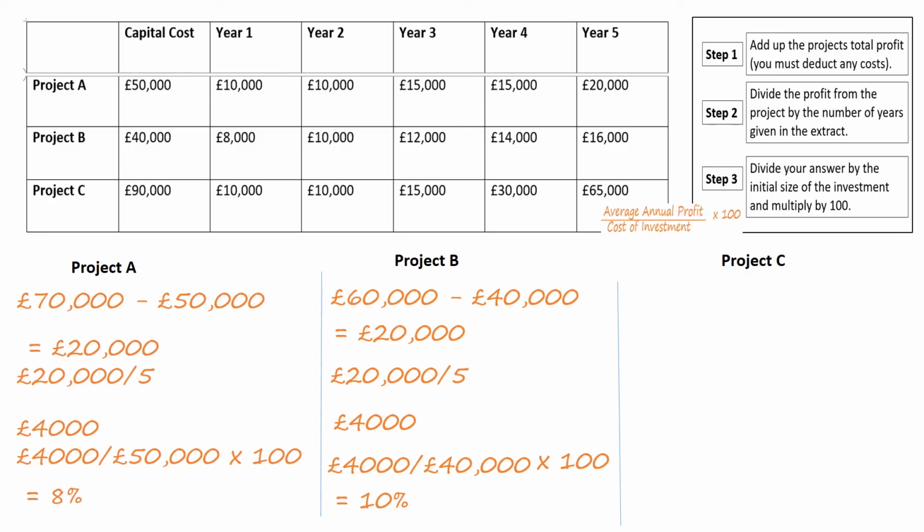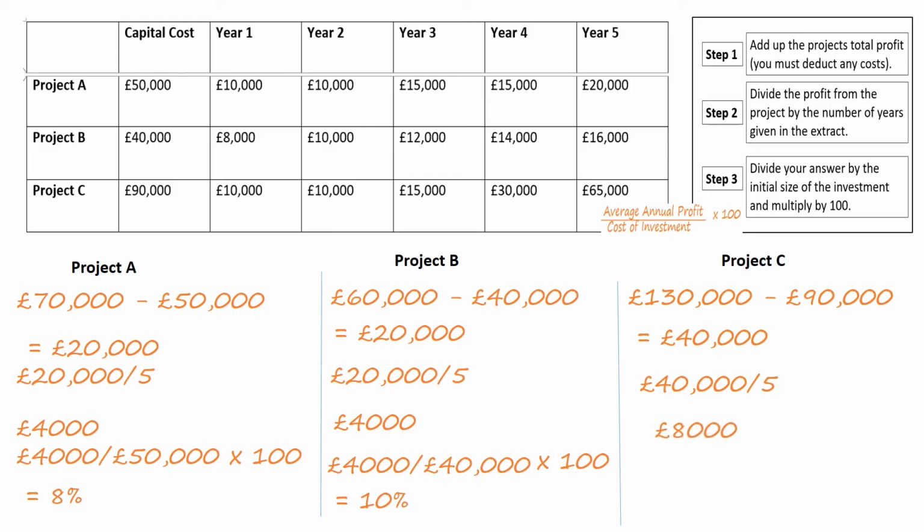Now on to the final project, project C. Total profits for project C are £130,000 and the capital cost is £90,000. That gives us £40,000. £40,000 divided by the 5 years equates to £8,000. Now you need to input that information into the formula. So that's 8,000 divided by 90,000 times by 100. And that gives us